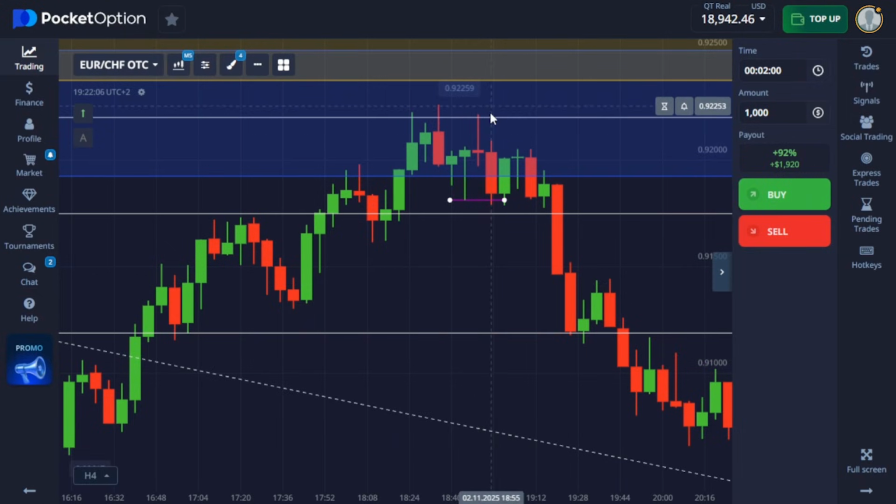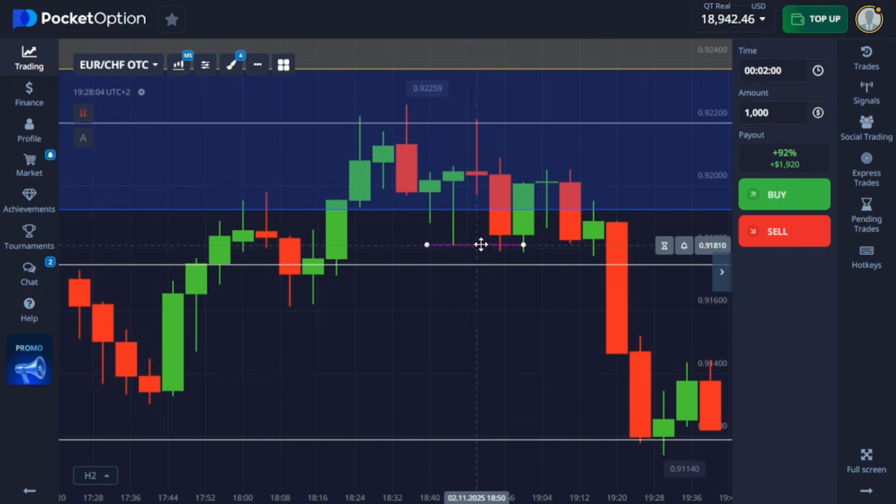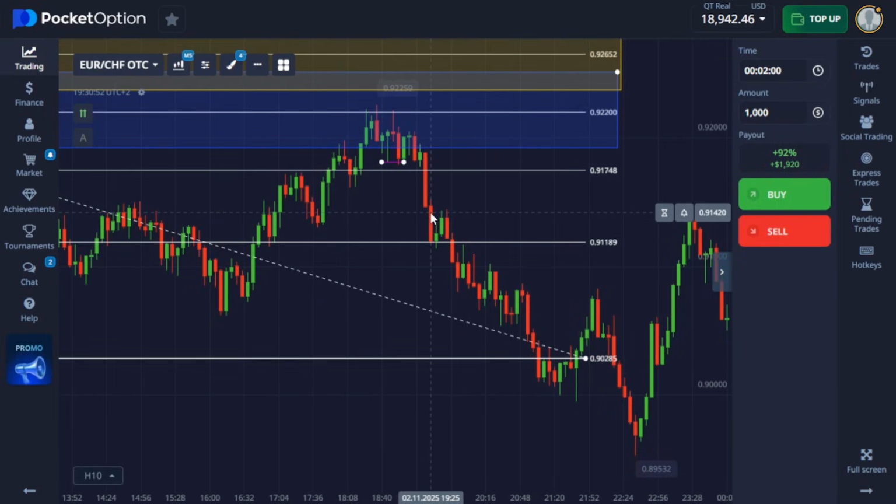And here we can see we got a nice push up into equilibrium above this white 0.5 retracement level, which means we can start looking for sells. Right here, we got a break of structure or a support break, whatever you want to call it, with this candle breaking below this pink trend line here. So on this candle closure, we could have opened a 2-hour sell position. And if we zoom out here, we got a beautiful continuation to the downside,